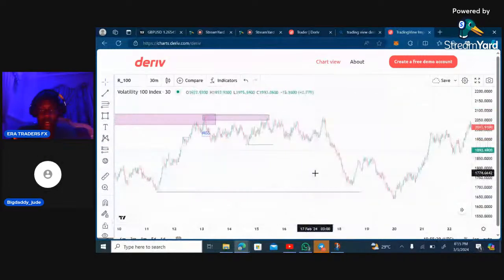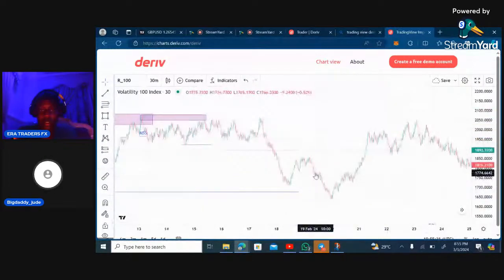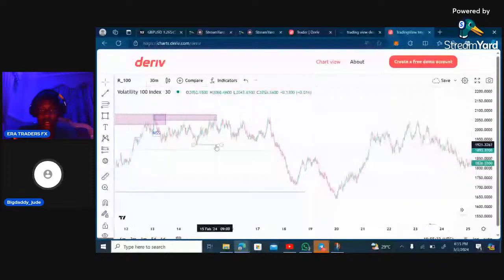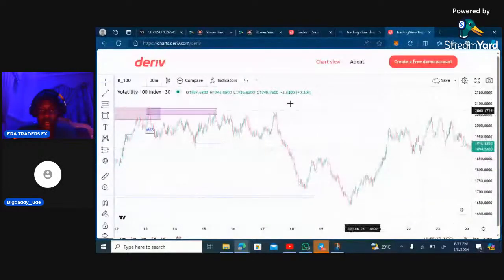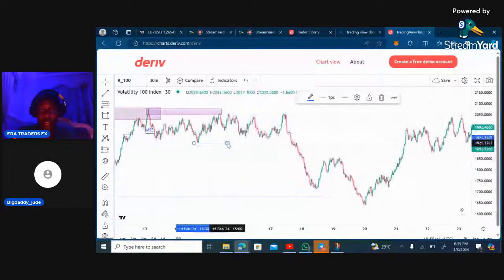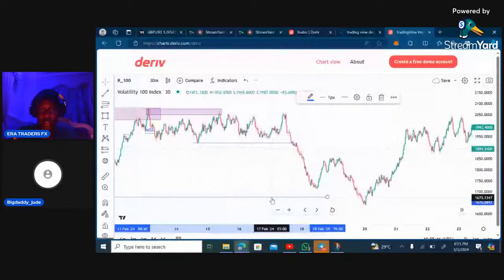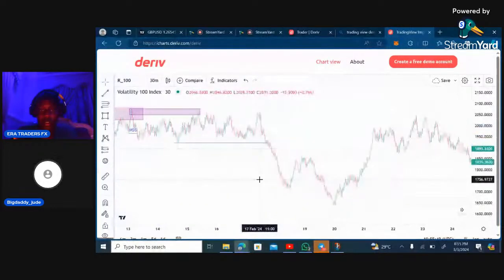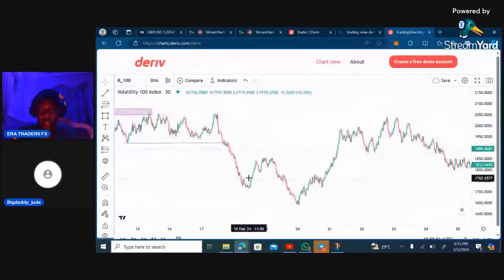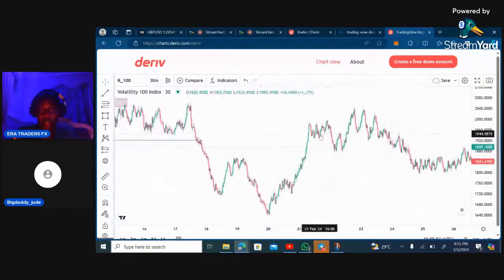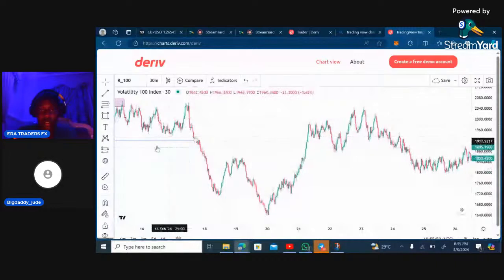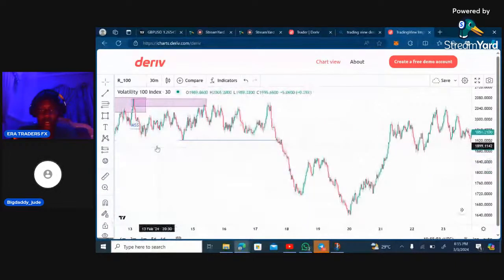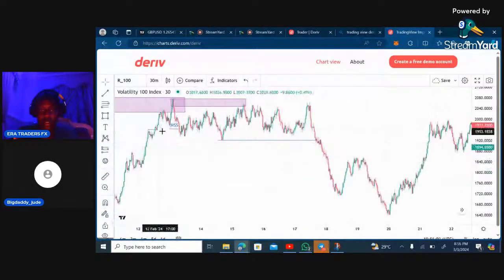Now, in re-entering this market, here is a market structure shift, right? You saw a tap on this zone, and this also served as a break of structure. There are several opportunities in the market. There are millions of opportunities in the market. So once you miss an opportunity, there's always a valid point for you for re-entry, keeping in mind that we have a bearish flow, right? Now after this market structure shift that served as a confirmation entry on this valid zone,